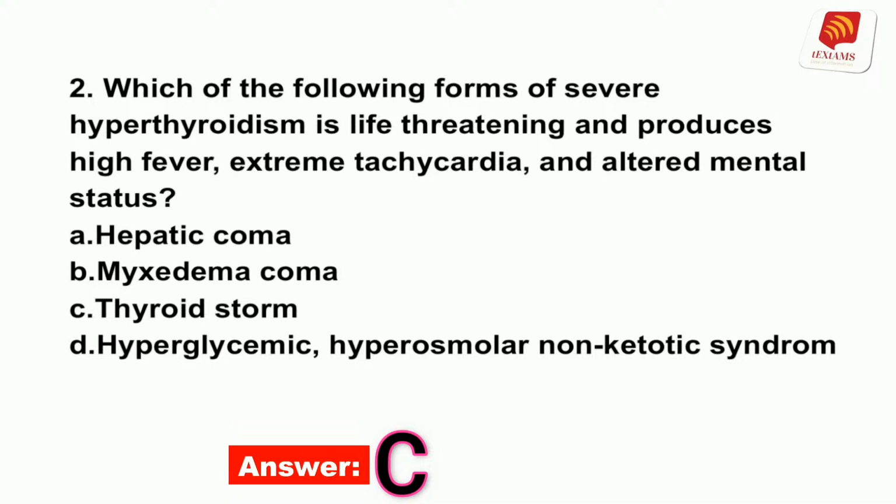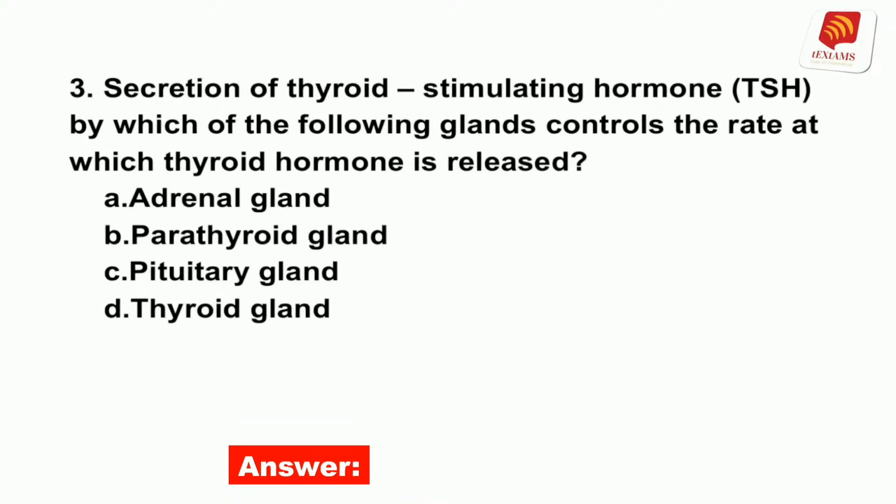Hepatic coma occurs in clients with profound liver failure. Myxedema coma is a rare disorder characterized by hypoventilation, hypotension, hypoglycemia, and hypothyroidism. Hyperglycemic, hyperosmolar non-ketotic syndrome occurs in clients with type 2 diabetes mellitus who are dehydrated and have severe hyperglycemia. Number 3. Secretion of thyroid-stimulating hormone, TSH, by which of the following glands controls the rate at which thyroid hormone